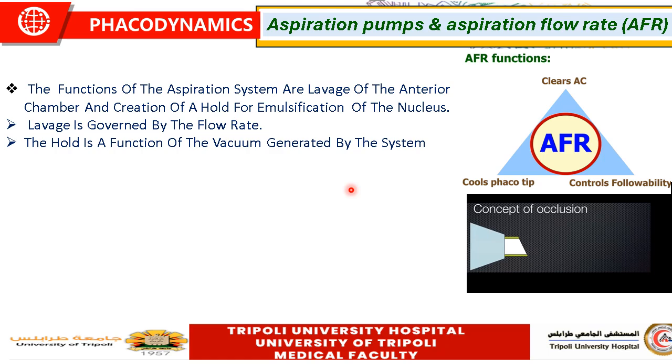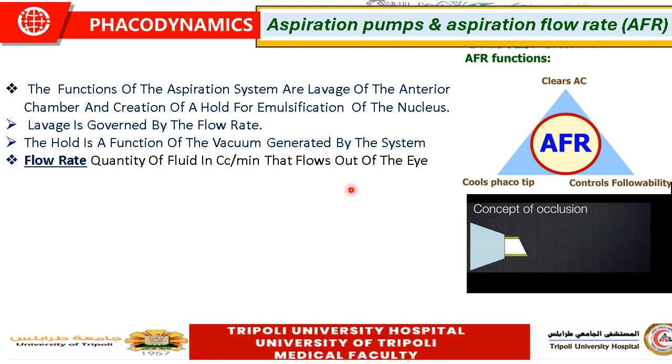The main function of the aspiration flow rate is mainly 3 points. First, it clears the emulsate from the anterior chamber after the emulsification of the lens nucleus. So you need to remove and wash out this emulsate from the anterior chamber. This is done by the aspiration and the flow rate. The second thing is that the aspiration flow rate determines the speed by which events happen within the anterior chamber. So the speed by which the fragments are attracted to the needle is determined by the aspiration flow rate. The higher the aspiration flow rate, the faster the speed of events within